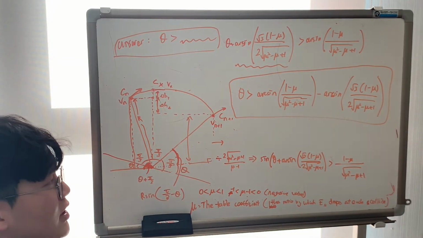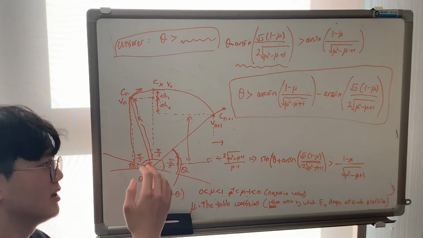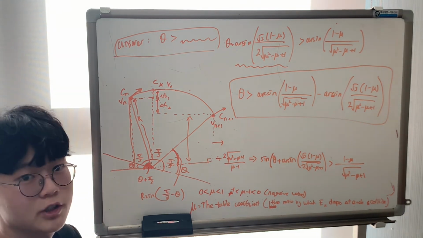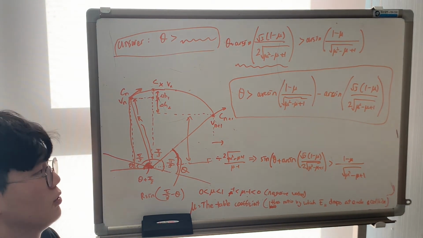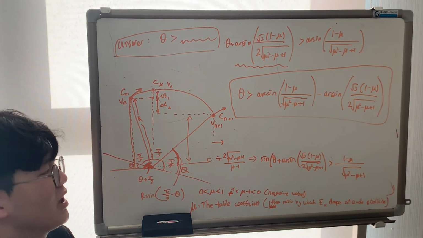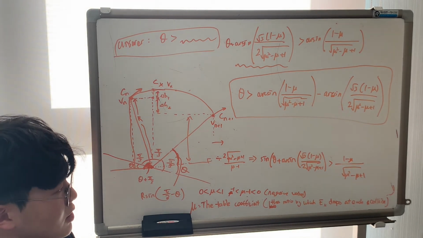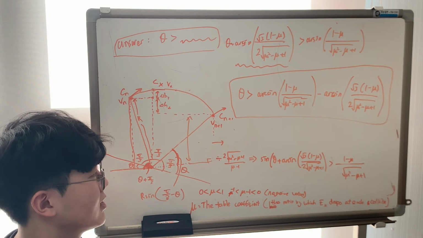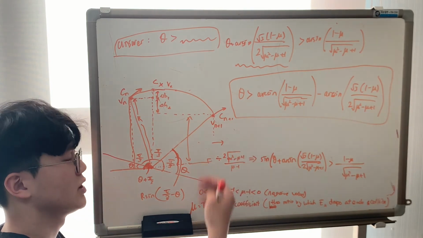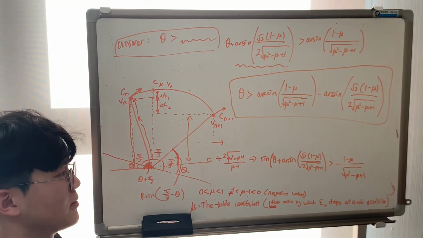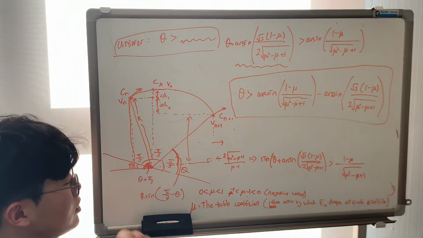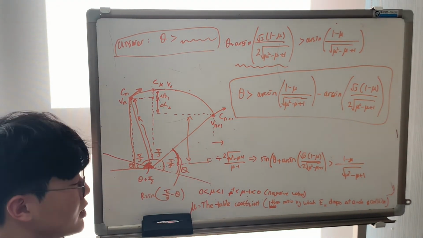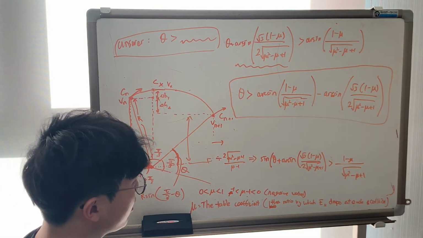So if you found any mistakes while I was deriving this inequality, feel free to put a comment down below. Yeah, I think it's really interesting, this table coefficient being the only variable that decides this minimum value for theta. And to verify whether this equation works in real life or not, I'm going to see what happens if